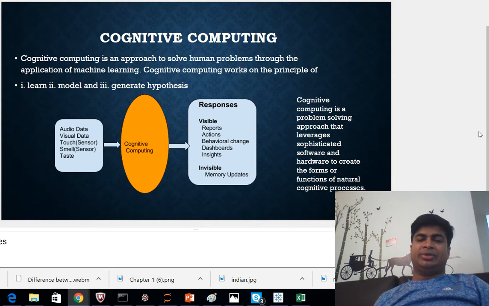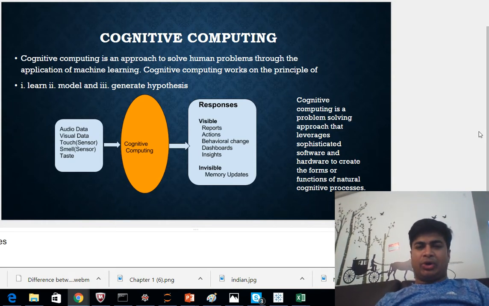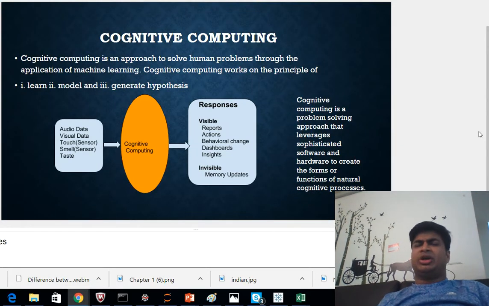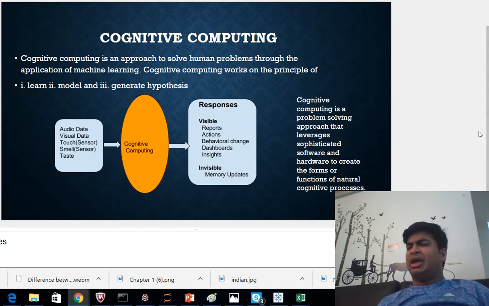Hi everyone. Now we will talk about cognitive computing. This topic is one of the most discussed topics in the artificial intelligence domain. Is this something special? Why are Watson, Azure, and Amazon talking about it all the time? It's something very different from a typical AI. So to know it in detail, let's try to have a small